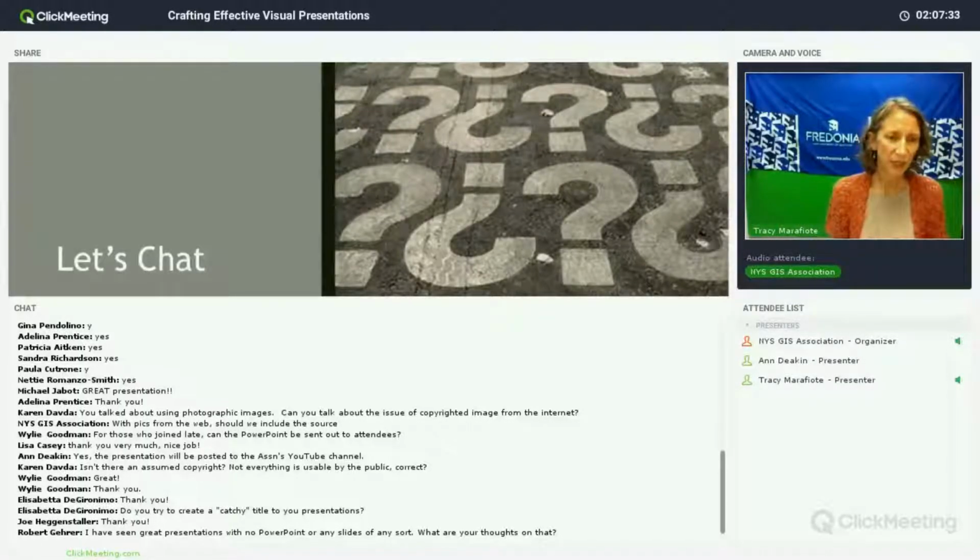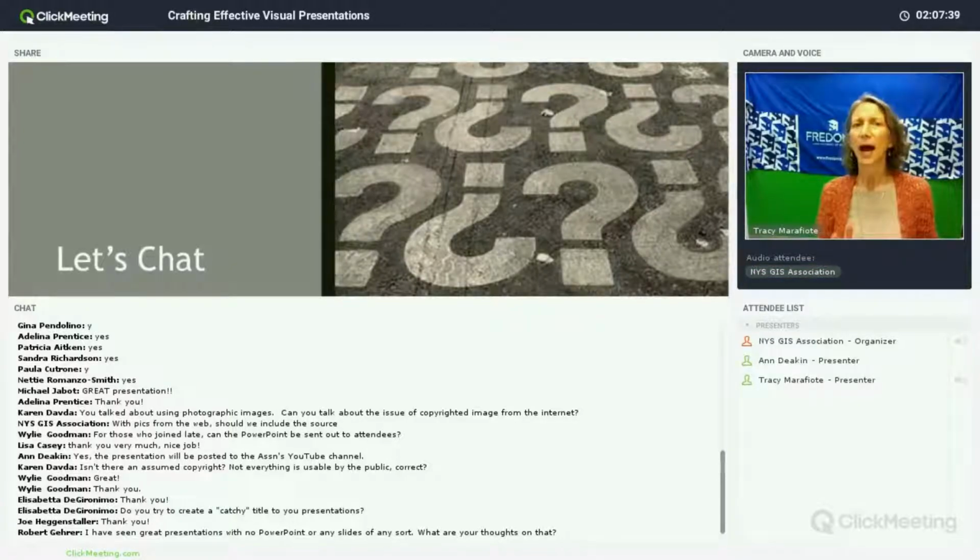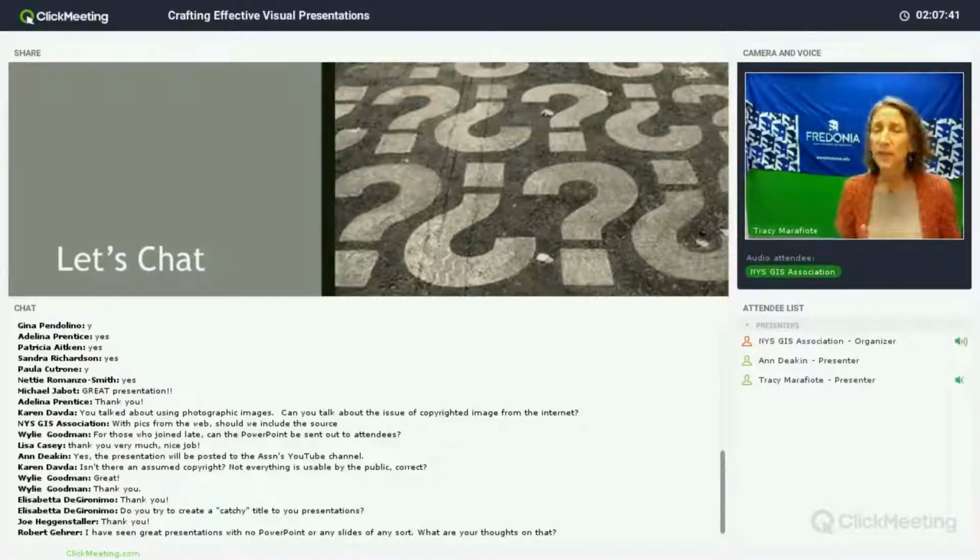Okay, somebody says, I have seen great presentations with no PowerPoint or any slides of any sort. What are your thoughts on that? Absolutely. I have seen those as well. And it really is going to depend on the content, the speaker and the speaker's abilities, potentially their confidence. It's going to depend on the familiarity of the audience with the content that's being discussed.